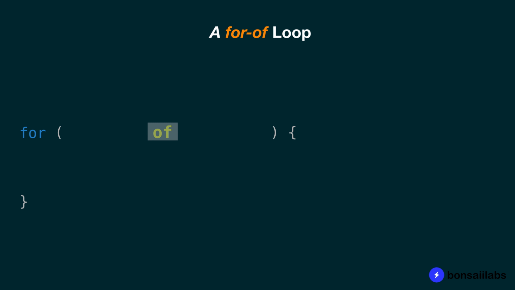The third kind of for loop is a for of loop. A for of loop iterates over iterables. Iterables are nothing but the objects that can be iterated upon, such as arrays, strings, maps, sets, and for every part of the loop, the variable gets the value from these iterables. And within the body of the for statement, you can have one or more statements doing something with these values.